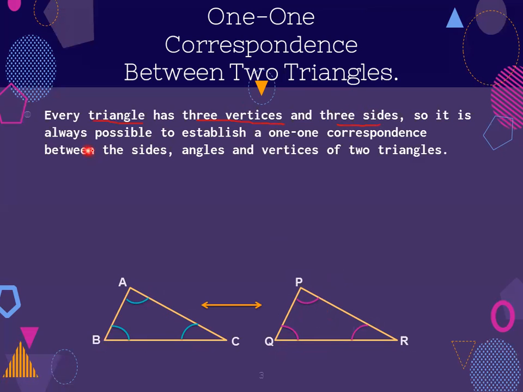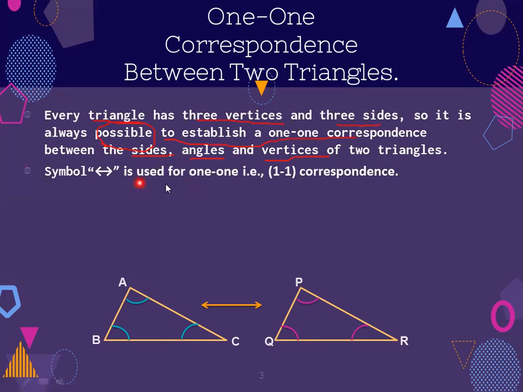So it is always possible, and this is very important, it is always possible to establish a one-to-one correspondence between the sides, angles, and vertices of two triangles. Now what does it mean? Just suppose